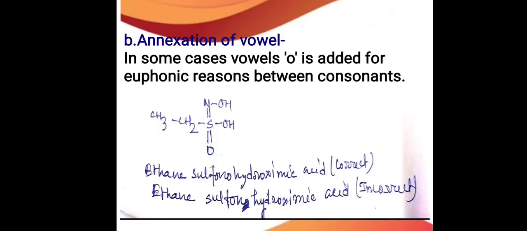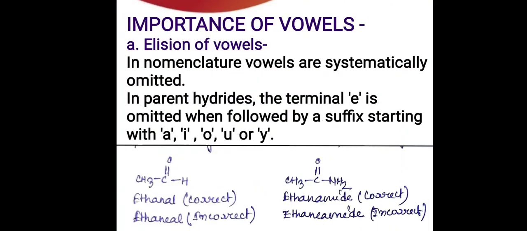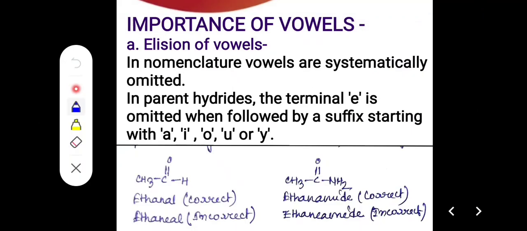Now we consider the importance of vowels. We know that vowels are added, but some vowels are systematically omitted. In nomenclature, vowels are systematically omitted. In parent hydrides, for example, if an aldehyde is attached to an ethyl group,